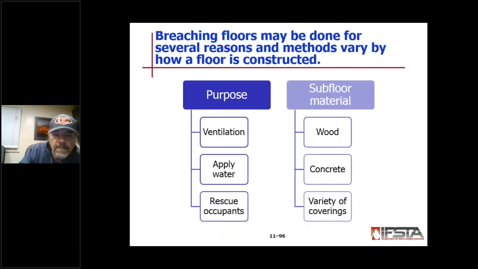So for getting through floors, what is the purpose? Why would we want to get through floors? We've talked similar to going through a wall or a window. Ventilation purposes. A lot of times below the floor in the basement, there's not a lot of ventilation opportunity, and we want to reduce smoke, reduce heat, provide a more tenable atmosphere for potential victims and firefighters